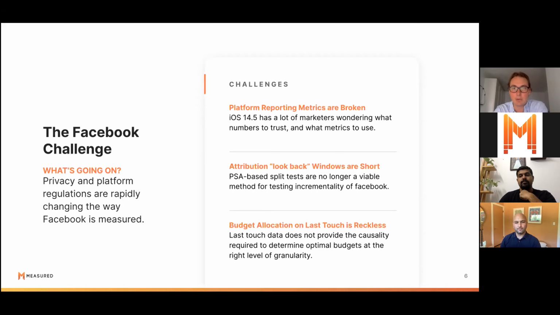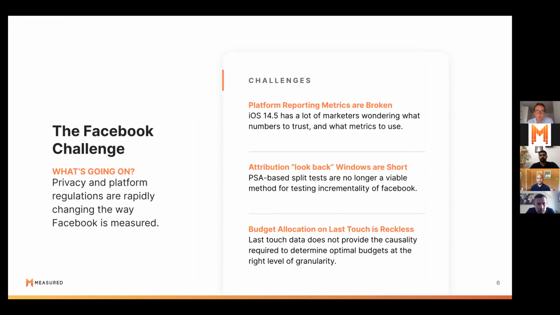So essentially all the brands we work with are trying to figure out a way to work around this, and kind of relying on last touch or site analytics is not the way to do it. Those metrics or those platforms are inherently biased. They definitely overvalue things that are lower funnel and undervalue things that are upper funnel, like Facebook prospecting. And later we'll talk through some specifics there as well.